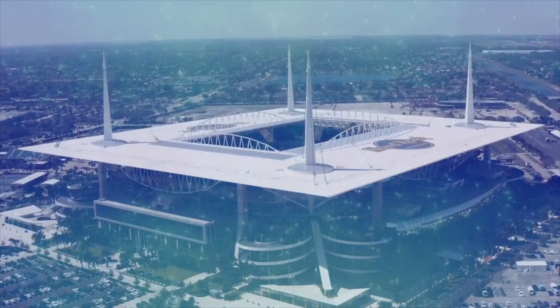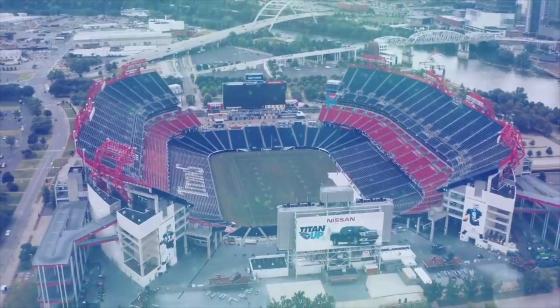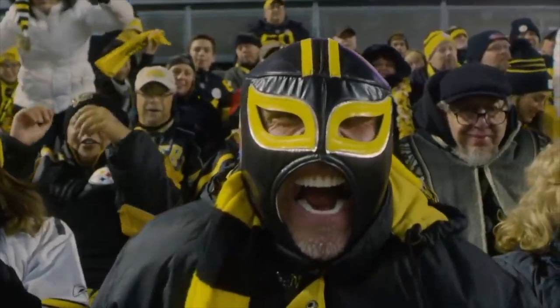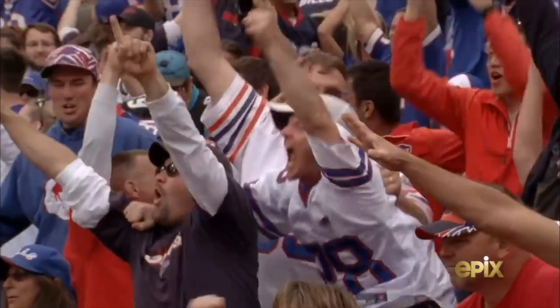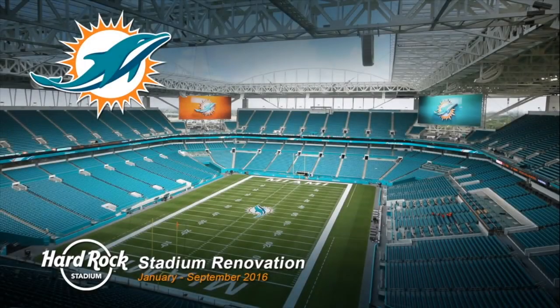When you think of which NFL teams have the greatest home field advantage, you think of the Kansas City Chiefs, the Seattle Seahawks, the Buffalo Bills, and probably a few others. And oftentimes it's due to the rowdy fans and the thunderous roars from the home crowd. But one of the last teams that may come to mind are the Miami Dolphins, who play their home games